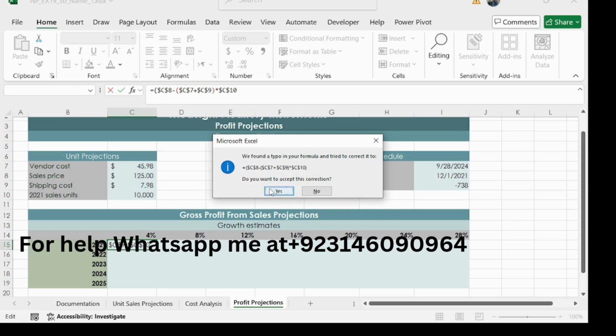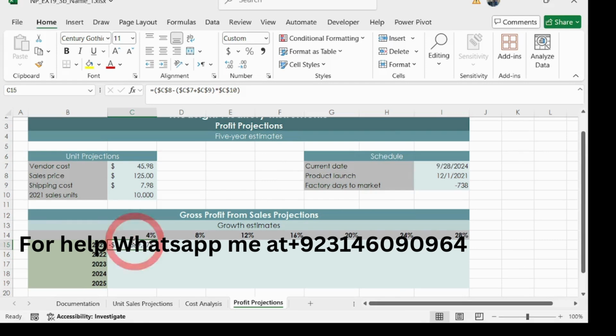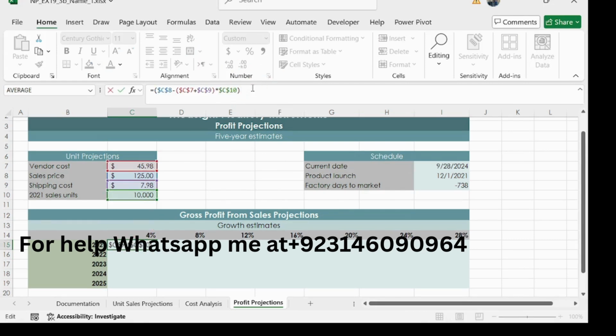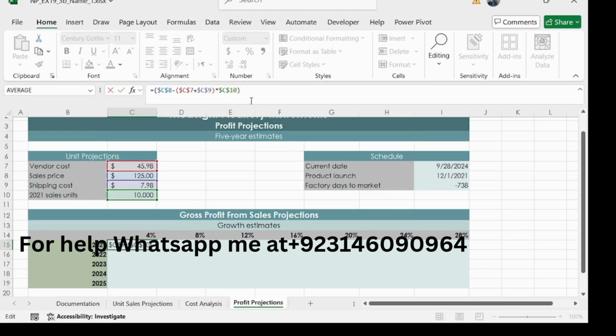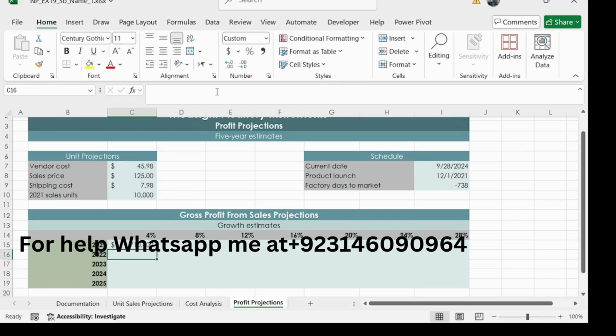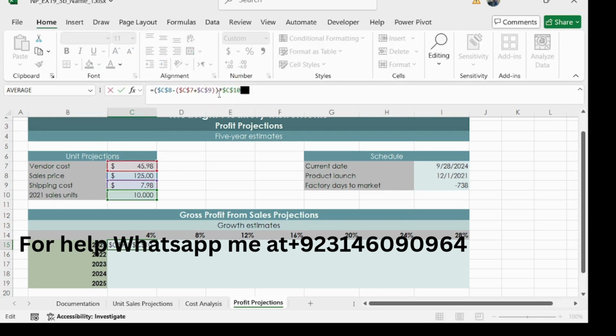So sorry, we need to close the bracket here, not here. Close the bracket here like this, and then press enter. So we have got our value.